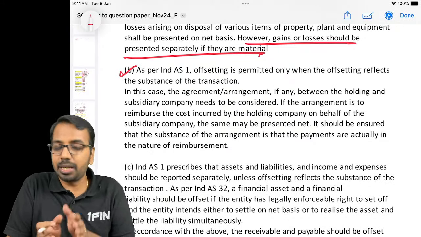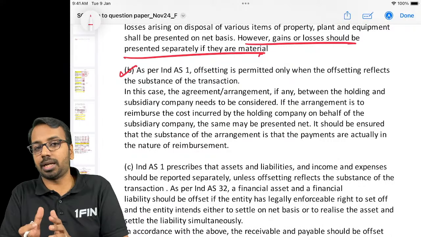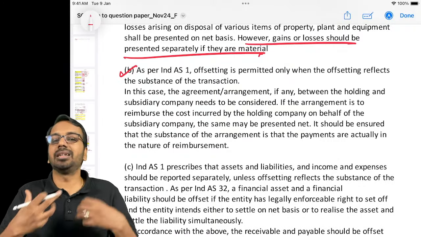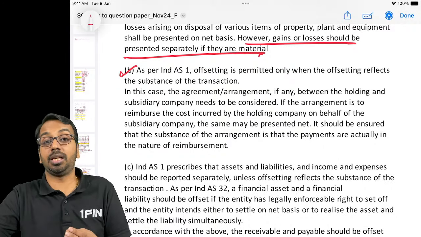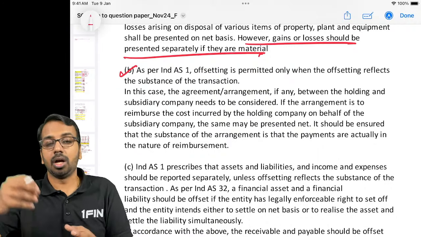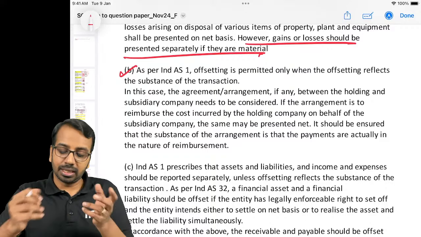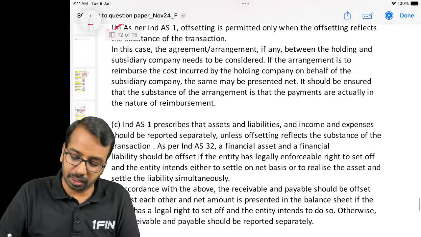Otherwise, if it is not an actual reimbursement transaction, it is more like, let us say, I incur the expenses and I bill the subsidiary and I'm charging revenue for that, or I should be treating that as a revenue, then in that case it should not be done. And in the third case,